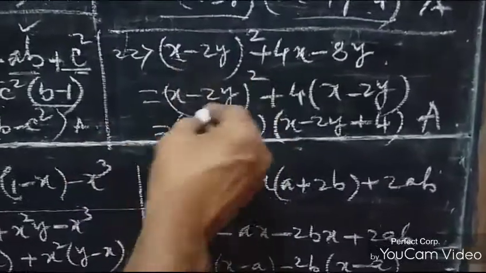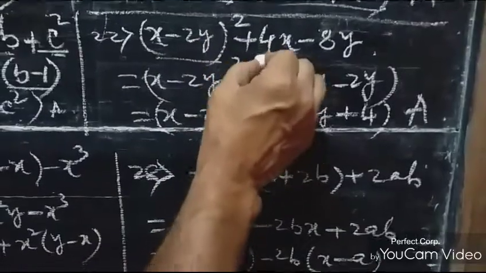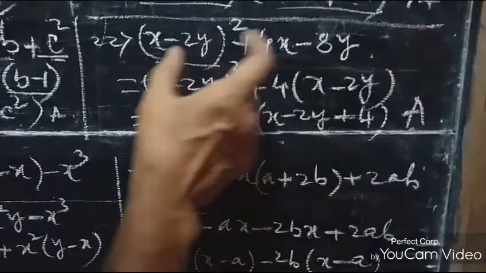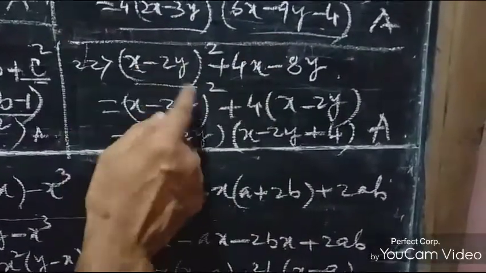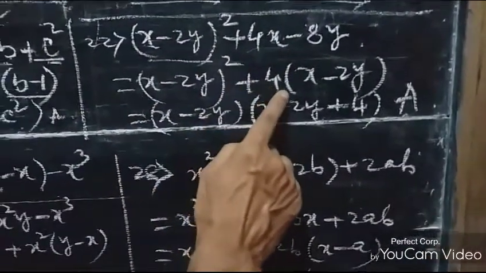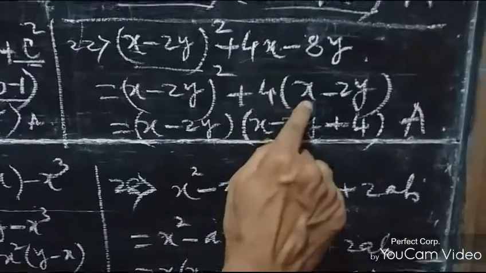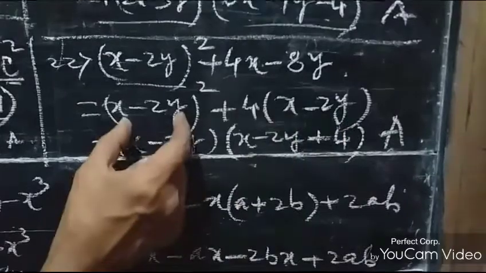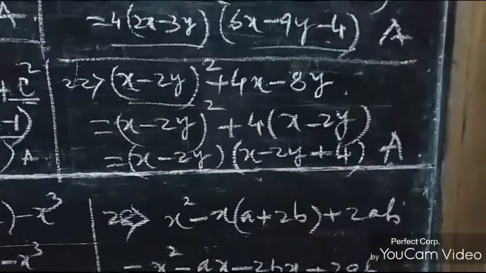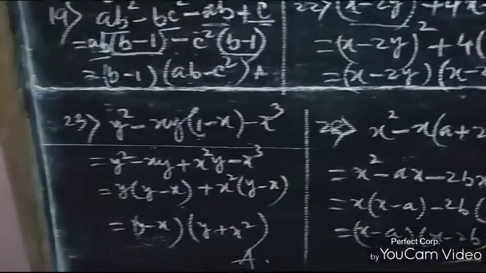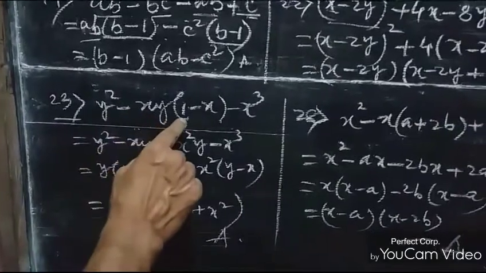See here it is given x minus y whole square plus 4x minus 8y. So make it actually the common of this binomial. So just make it common. See here, if we are taking 4 common from these two terms, it will be coming x minus 2y, and this is now common. So take this common over here, this will remain over here, plus 4 it will be coming. This is the answer. And number 23, see, this is given like